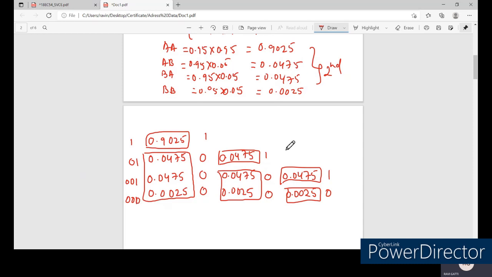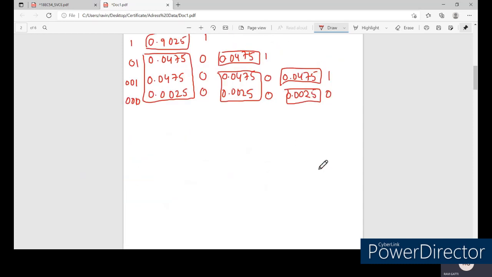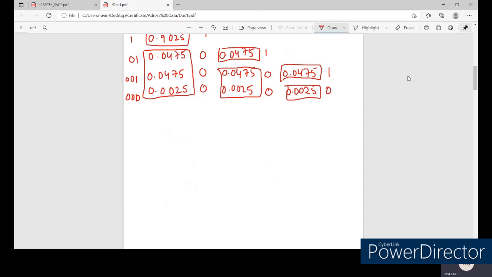Now that you have these code words, the next thing is to find out the average length L. What is this average length L? L is the summation from i equal to 1 to q of Pi into Li, where Pi are the probability values and Li is the length of the code words you have. If I substitute that,